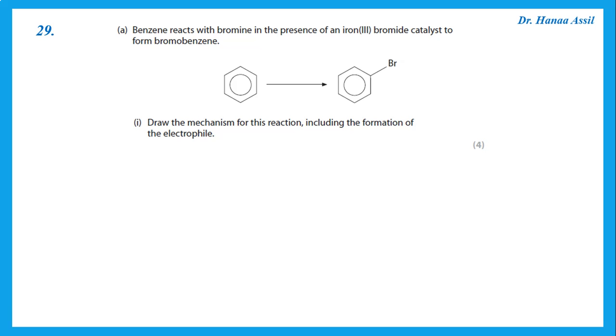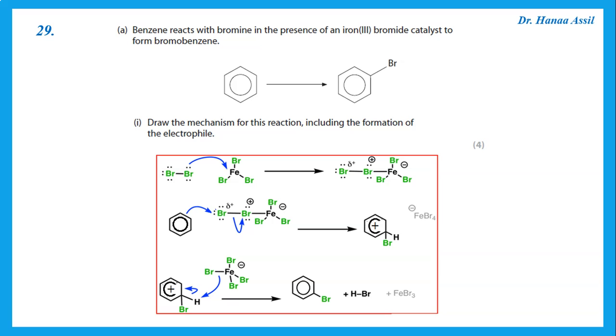Benzene reacts with bromine in the presence of iron 3 bromide to form bromobenzene. Draw the mechanism for this reaction, including the formation of the electrophile. So we're starting with what? We're starting with bromine, and you should realize that what happens is, first of all, what is the catalyst? It's iron 3 bromide. This accepts electrons from one of the bromines, so now we have a slightly positive bromine that is attacked by the benzene ring, and we have the